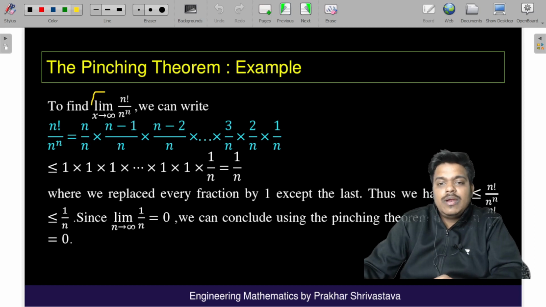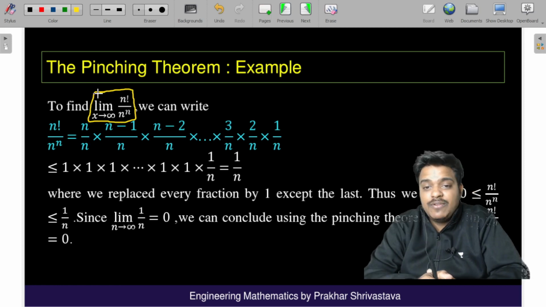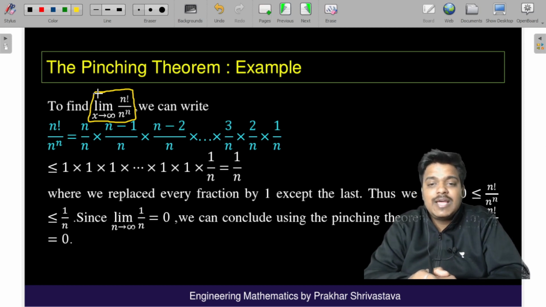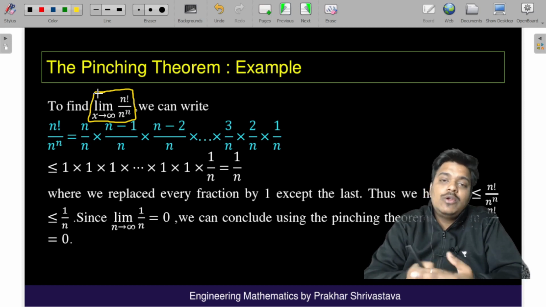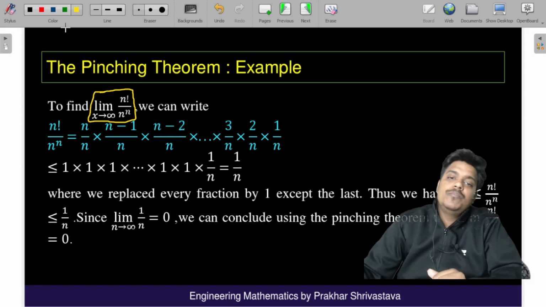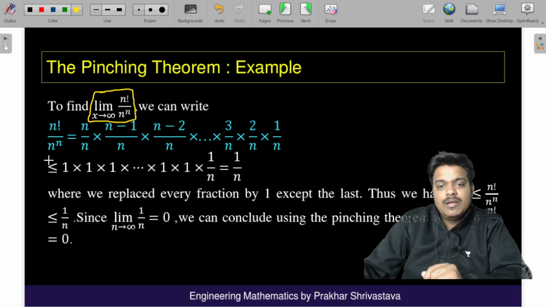So you need to calculate the value of limit n factorial by n to the power n as n tends to infinity. If you try to solve this question directly in one method, you won't be able to solve it, because there are lots of things in this and you cannot apply directly. So what you will do, you will find a function greater than this and a function less than this. For example, n factorial by n to the power n can be written as